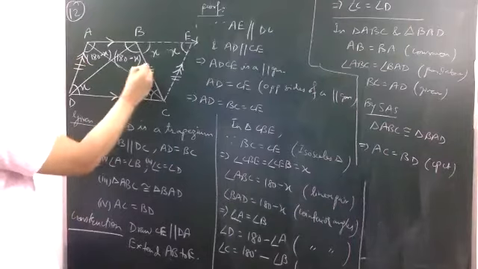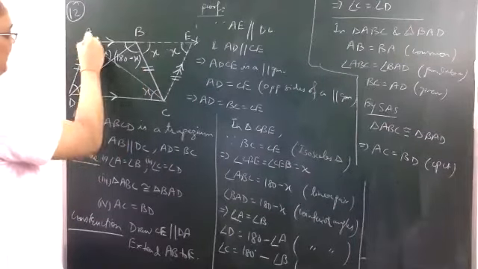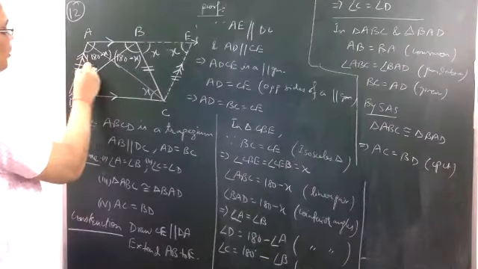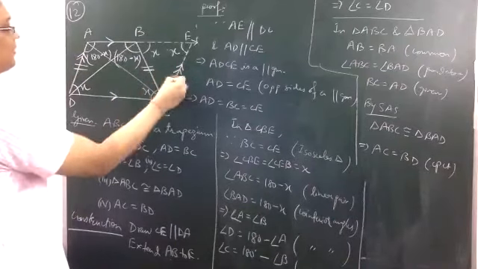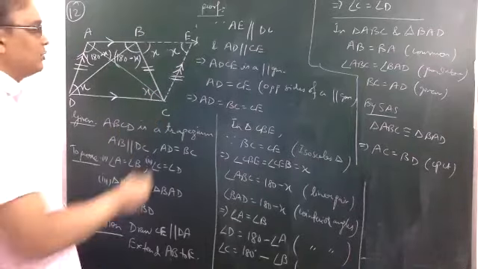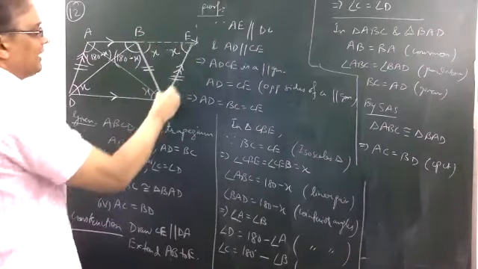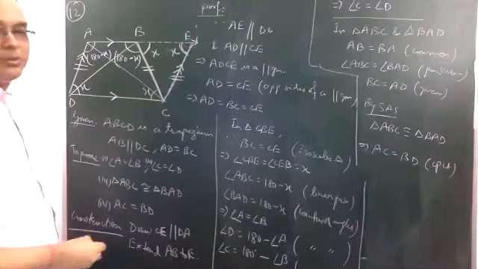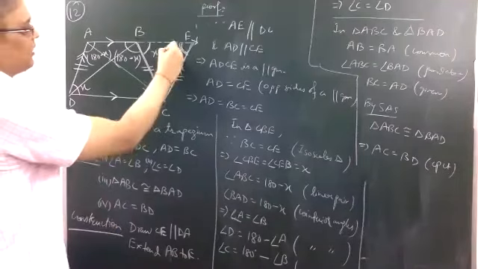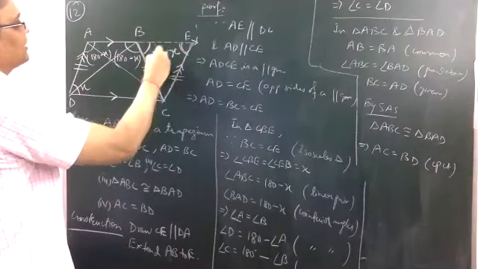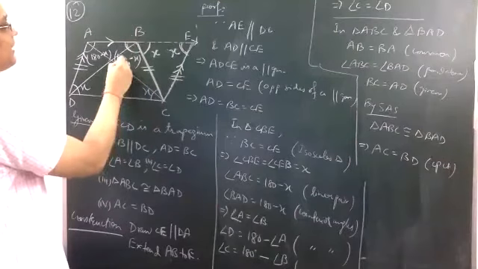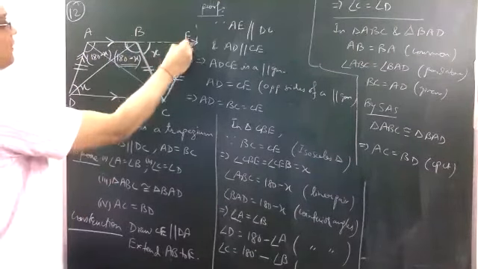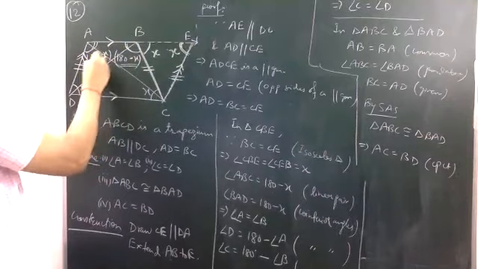Because this is equal to this, given, and we have proved that this is a parallelogram, so this will also be equal to this. Opposite sides of a parallelogram are equal. So this side and this side are equal. If these two sides are equal, these two angles will also be equal. So we have assumed it to be x and this also x. If this is x, this will be 180 minus x, linear pair. And because this is parallel to this, if this is x, this will be 180 minus x by co-interior angles.